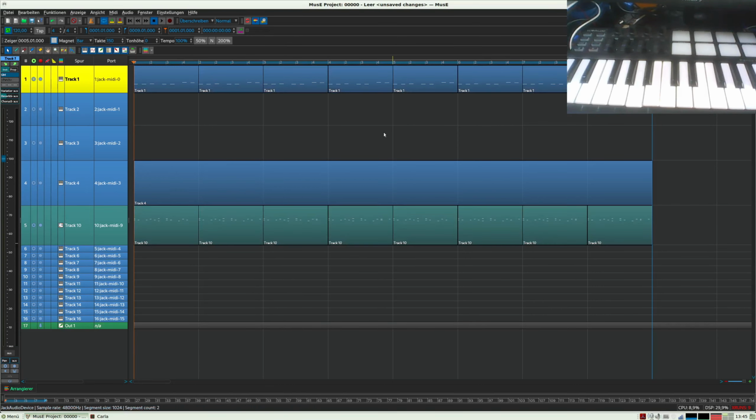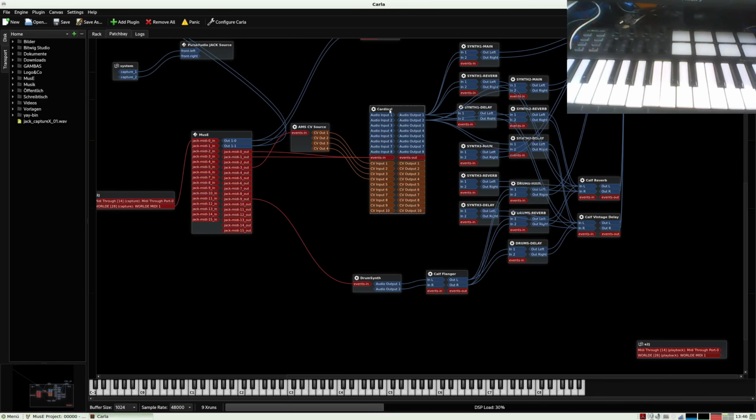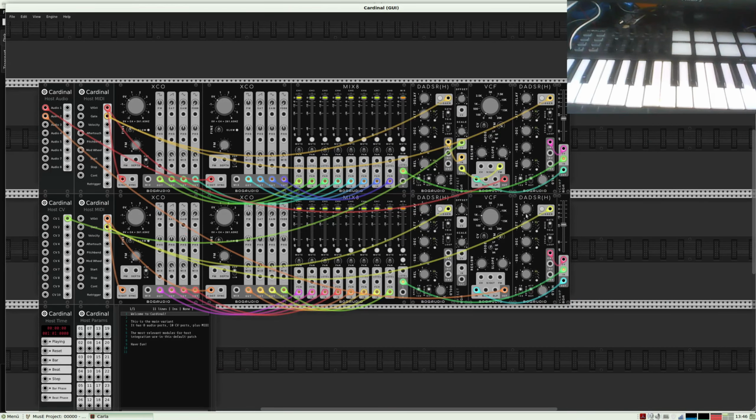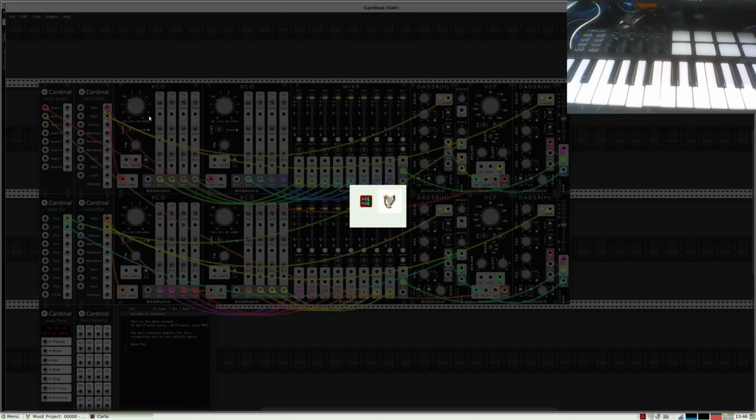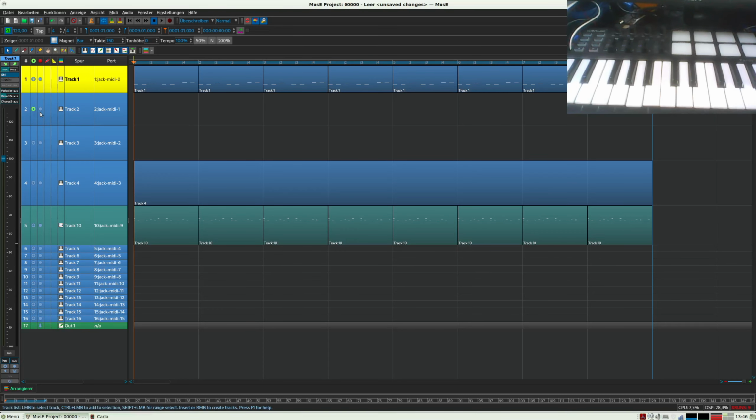Now I go to the second synthesizer here. This one, it's already connected, but not everything. I have here the envelope output. It goes to the input here, the output to the FM, and the control voltage goes to the second control voltage there. I will change it to same settings as this thing here. And now I go to Muse and tell it to use this channel.